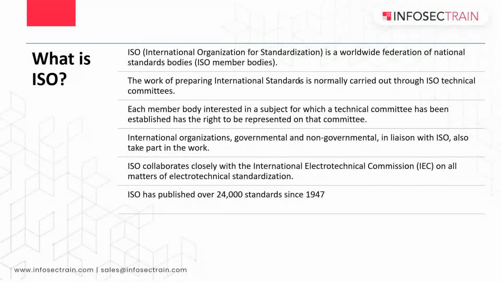So what is an ISO? ISO is an international body. It is not an acronym, rather, it is a short name indicating the name of the organization, which is International Organization for Standardization. This is a not-for-profit organization which acts like a worldwide federation of national standards bodies. Just to give you an idea, in India, our national standards body is the Bureau of Indian Standards. In US, it is NIST. In UK, it is BIS.